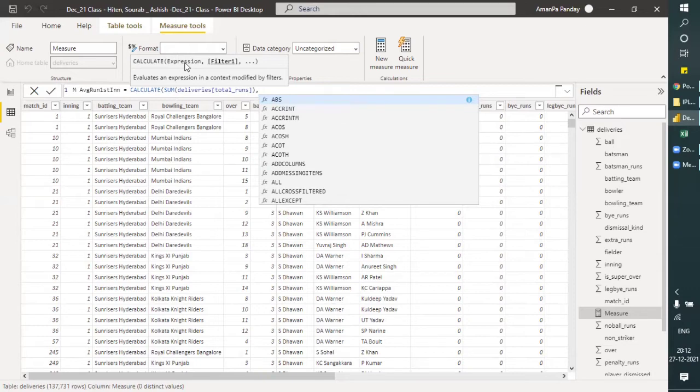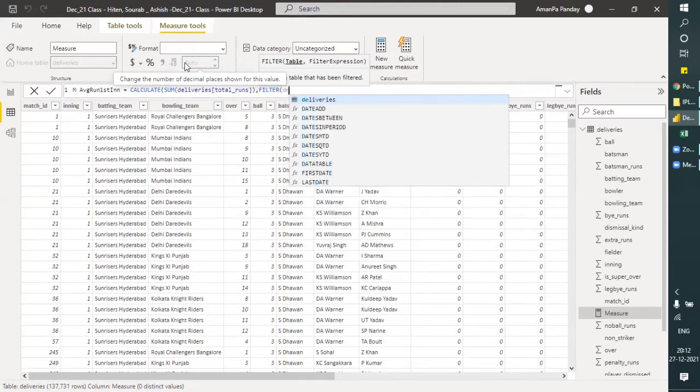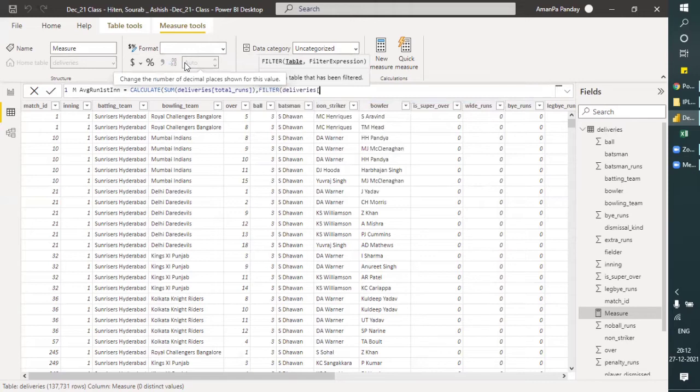Okay, now here I want to apply a filter. So I will just type filter. First of all you have to decide on which table. So I will type deliveries, let me just retype it, deliveries.